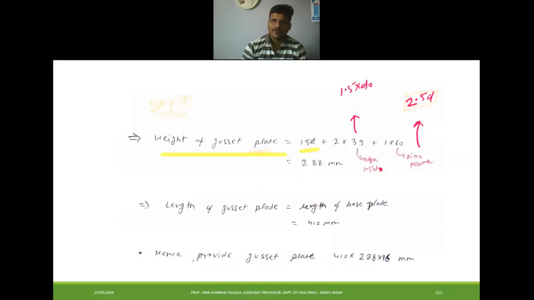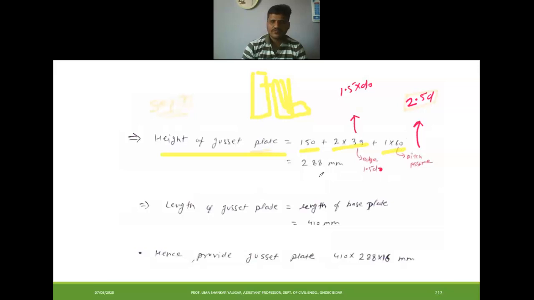supporting leg angle. If you see, this is the angle, this one which is connected to your gusset plate. If this is the gusset plate, and here you have connected your angle. Means this height, how much is this height? 150 plus edge distance plus pitch distance. Edge distance is equal to 1.5 times d naught. Pitch distance, it is 60 mm he has taken.